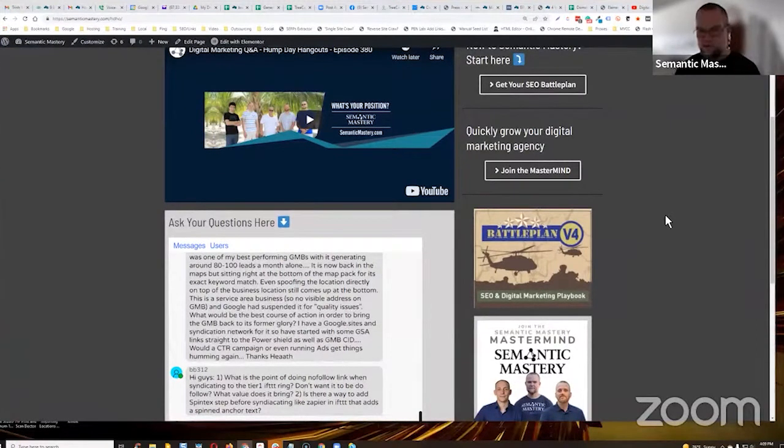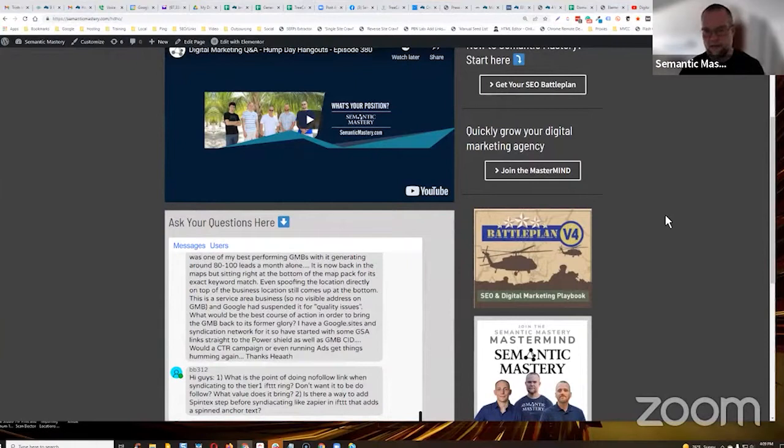I'm using Viper tools, but I started recently testing CTR booster. I'm using one online version called SERP Empire, which is kind of a cloud hosted version. It's got some good features. I'm using CTRify. So I'm using all different types right now to test with, and some tools are better for some things than others. But I still find for pushing maps, one of the best things you can do is